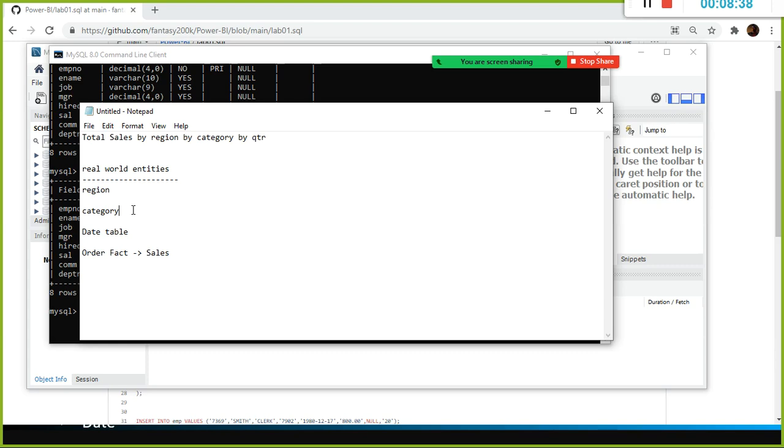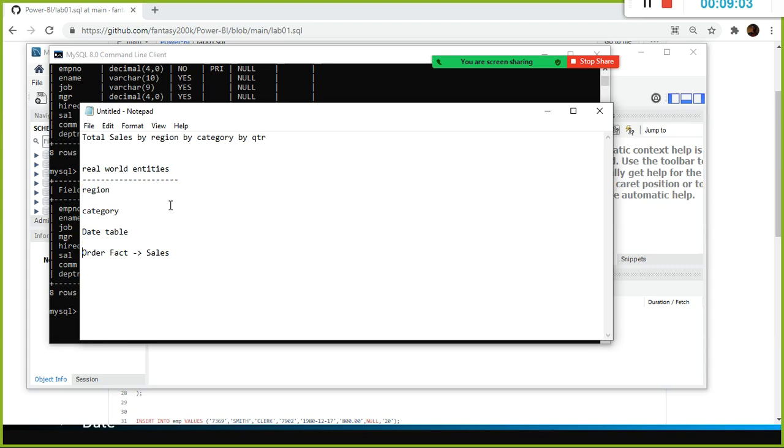You don't store the duplicate of each category name. All the values in these tables are stored using a primary key. Primary key should not have any null values. It will not allow you to store null values, and the primary key is used to identify the rows uniquely. That is what we discussed.